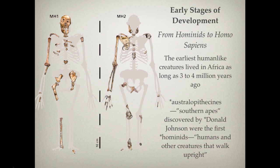And the Australopithecine, which literally means southern ape, was discovered by Donald Johanson and was argued to be the first hominid. That is, humans and other creatures that walk upright. That's what a hominid is. Now you can see here, this is the kind of remains of two different Australopithecines. So the remains and the evidence, therefore, are pretty scant at best. But nevertheless, experts in anthropology, and particularly forensic anthropology, studying human bones and primate bones, argue that these